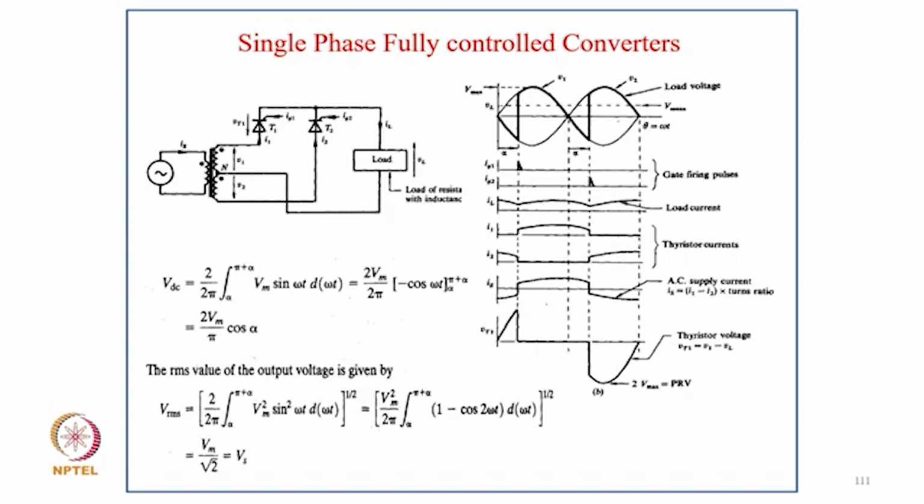And coming to single phase full wave with center tap and 2 thyristors, one conducting each half cycle, and how the waveforms are there for different load currents as well as supply current, the voltage output and the thyristor voltage. So here the average voltage VDC equal to 1/π ∫ α to π + α Vm sin ωt dωt equal to Vm/π [−cos ωt] from α to π + α, equal to 2Vm/π cos α, and the RMS value of the output Vrms equal to (1/π ∫ α to π + α Vm² sin² ωt dωt)^½, and that is (Vm²/2π ∫ α to π + α (1 − cos 2ωt) dωt)^½, and that is Vm/√2, that is equal to Vs.